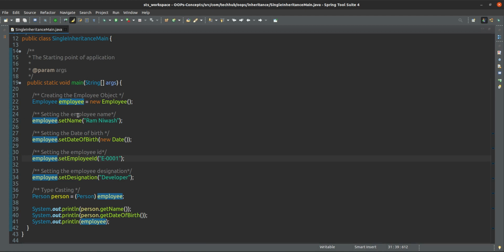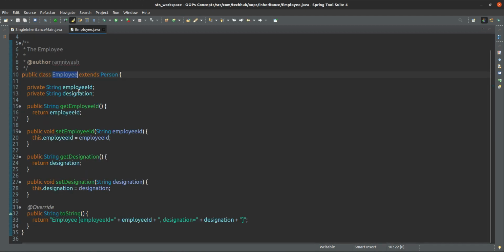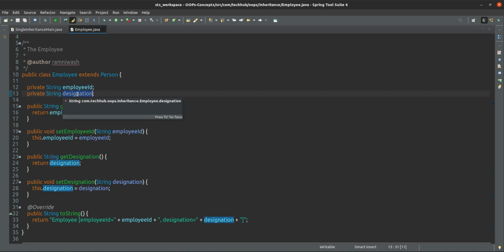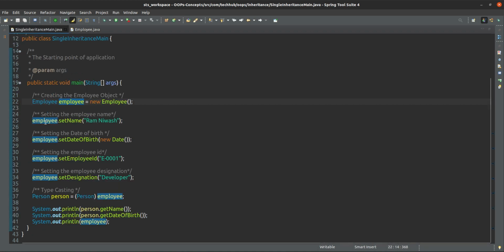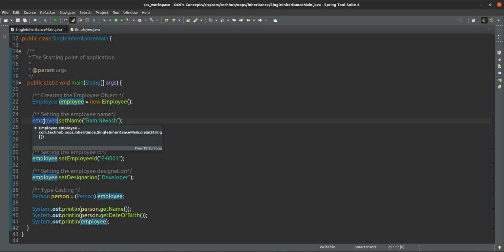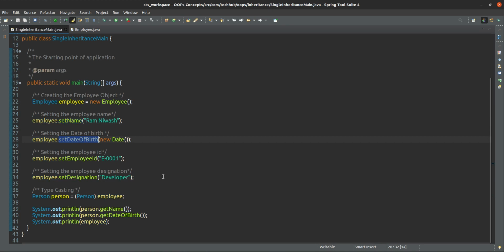If you see the blueprint of employee, you will observe we have declared only two fields: one is employee ID, another is the designation. There is no employee name or date of birth. Then how are we setting it if we have not declared any variable like name or date of birth? How is it possible?